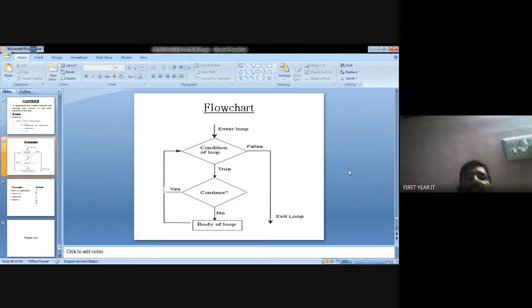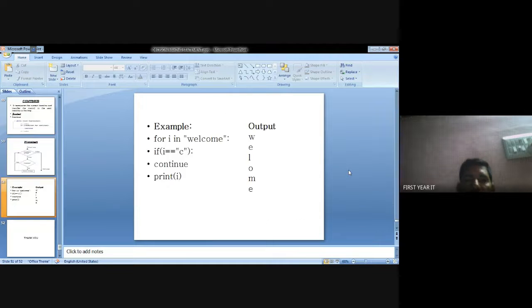Suppose the condition is false, then go to the end of the loop. So for i in welcome, check the condition if i equal to c: already w, e, l will be printed. Then continue means again o, m, e will be printed. This is the continue statement.